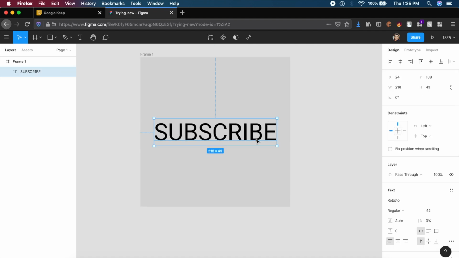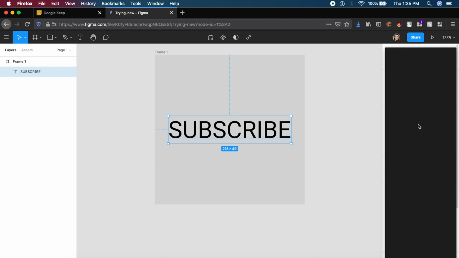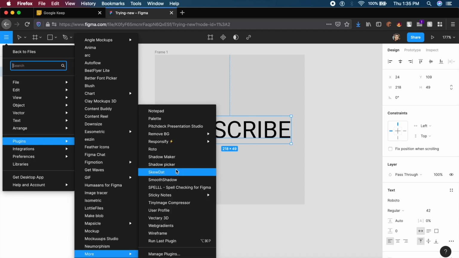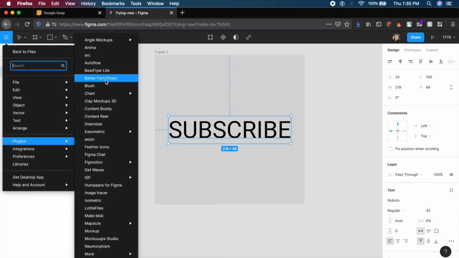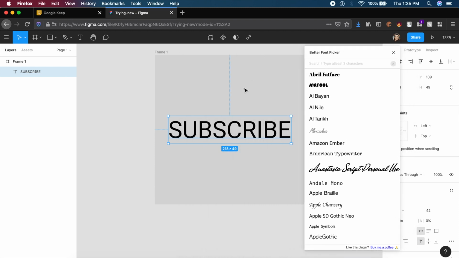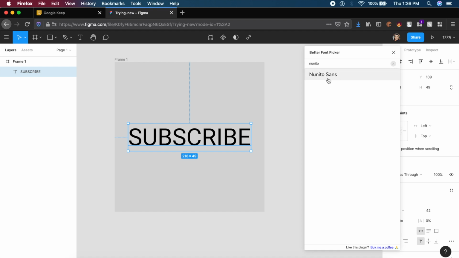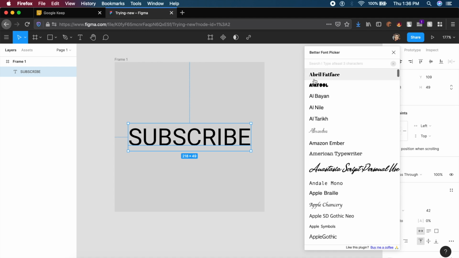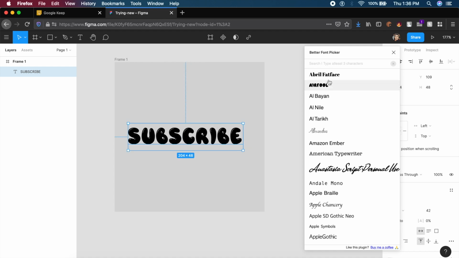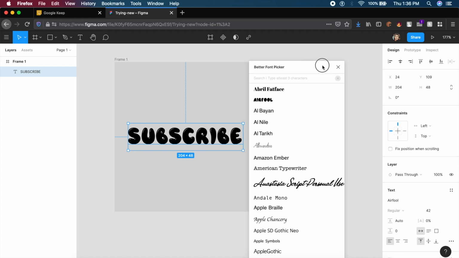Now the text here is cool and all, but I want to change the font. And there's so many font options and typeface options that I get confused. This is where the next plugin comes in. It's called Better Font Picker, and it basically improves the font choosing. Right here, it opens a window which allows me to quickly search for or look at any fonts. So if I want to type in something like Nunito Sans, which is my favorite, it will quickly show me Nunito Sans in Nunito Sans rather than showing me just plain text. Fooling around, I can basically choose whichever font I like, and it shows me the font in that exact same style. That I think is very useful, and it will help you in the long term as well.